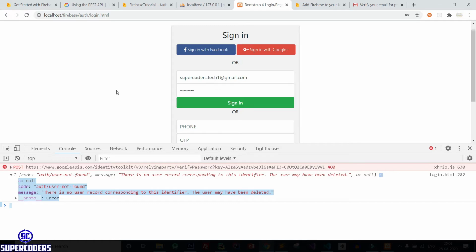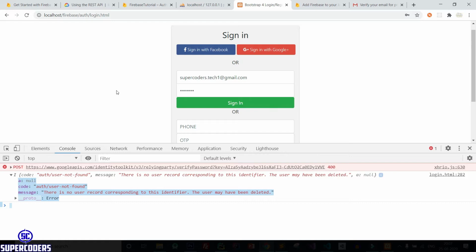Now let's see how you can save this data of your user to your own database instead of using the Firebase database. The purpose of this email and password is just to verify your email using the Firebase system. So you can use Firebase login with Google, email, Facebook and everything.